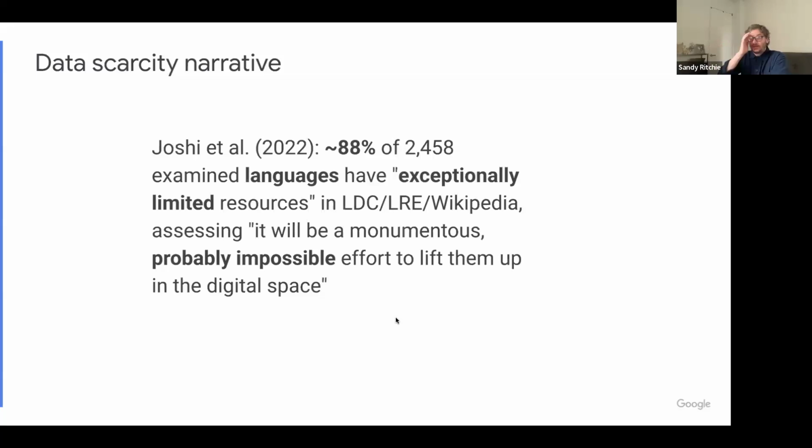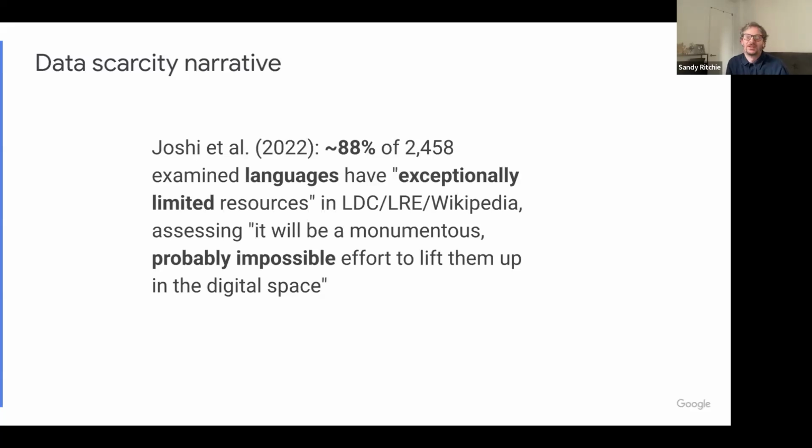Okay, so on data, maybe I should have said this at the beginning. I'm basically presenting two papers that we presented at LREC, the Language Resource and Evaluation Conference, which happened a little bit earlier in the year. The first one was the open source release of LinguaMeta. And now I'm going to talk about the other paper that we wrote, which is about this narrative around data scarcity for, I don't want to use the word long tail, but the many hundreds and hundreds of languages